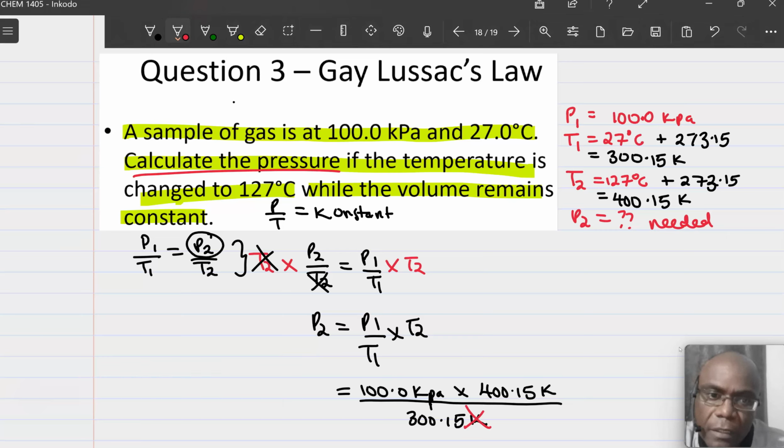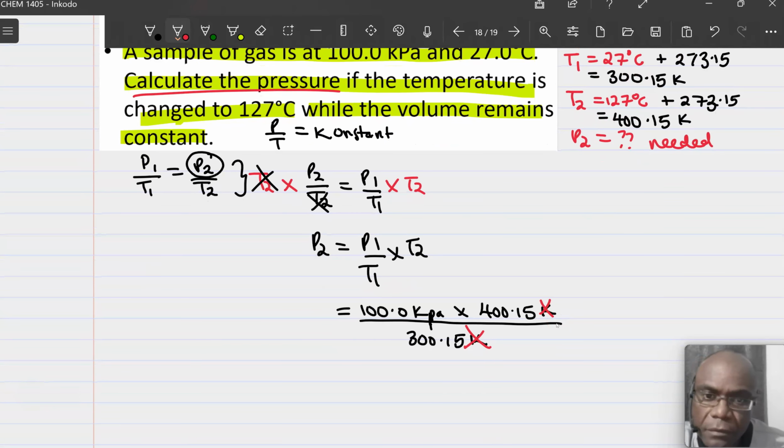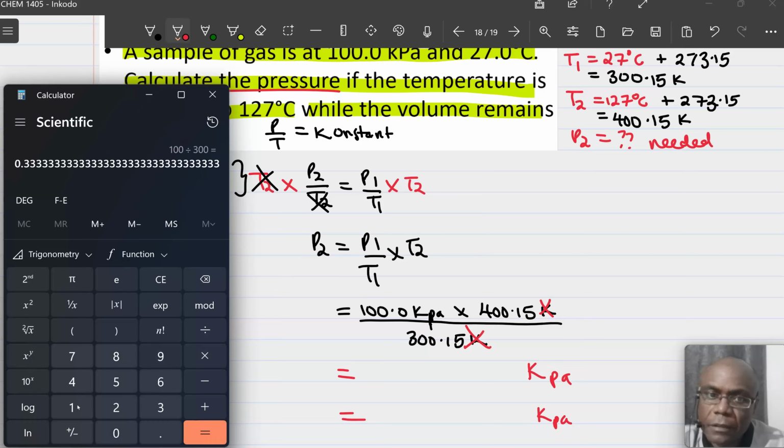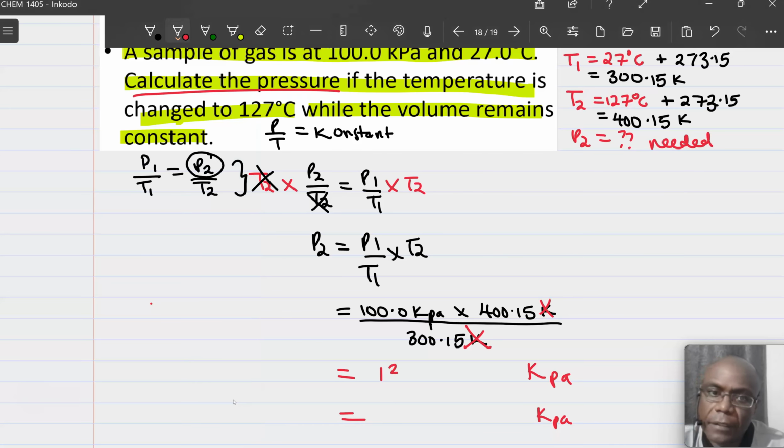Then I know that I can get rid of the K and do the math. Our answer should read something kilopascals, and we're going to report it to the correct sig figs. Let's do the math. So I have 100, of course, divided by 300. That's going to be 0.333. And then I'll multiply that by 400.15, and the answer I'm getting is 133.383